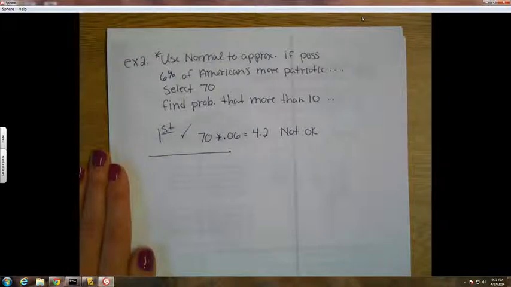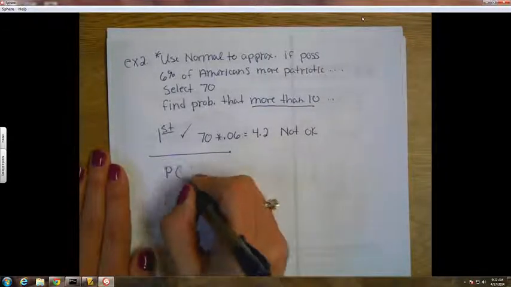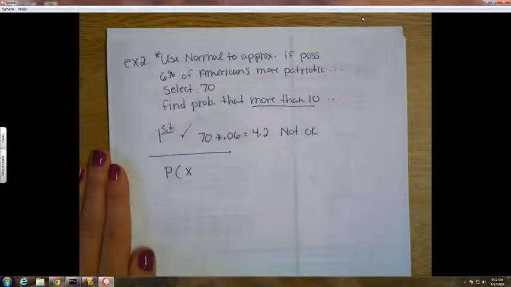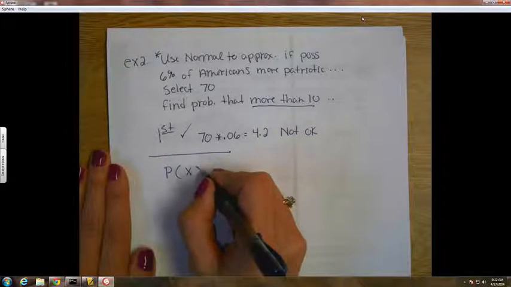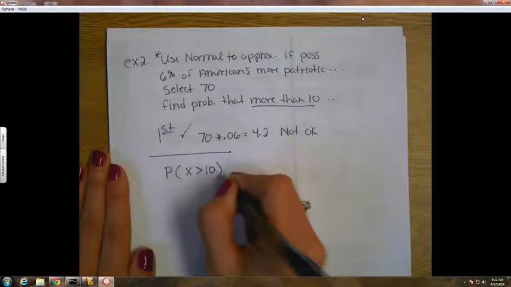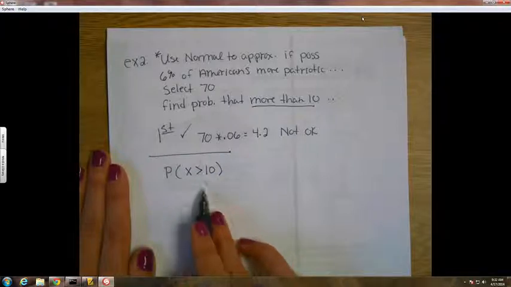So the binomial PDF and CDF. We're just going to put a couple of them in here just to refresh your memory. Let's do the more than 10. So the probability, what is more than 10? X is greater than 10. So how many successes am I actually looking for? Anywhere from 11 through